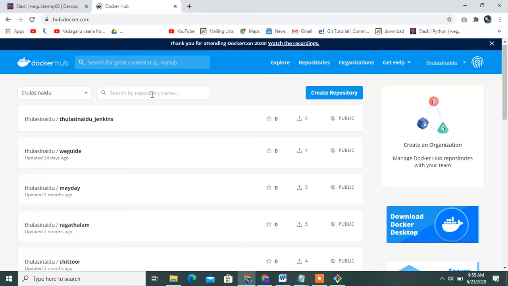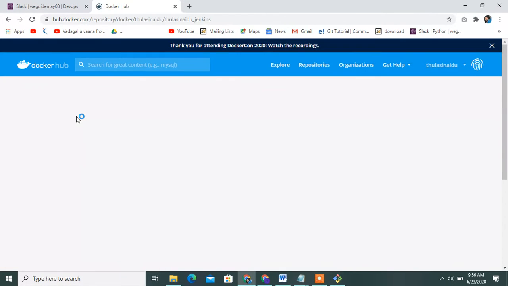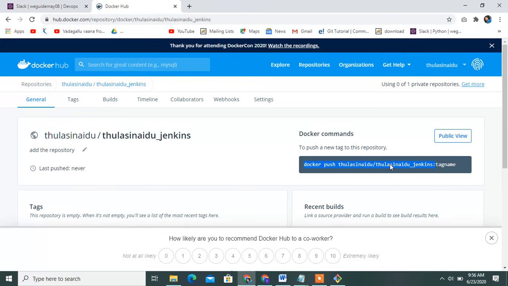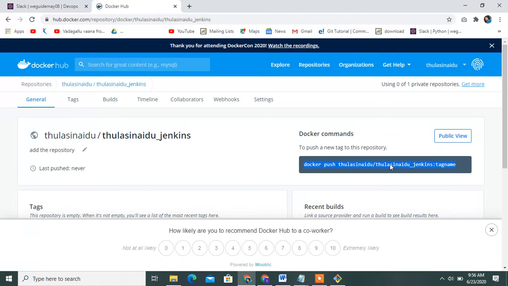See this. I have already installed Jenkins. This is Jenkins. Push the new tag in the repository URL. Use this URL on your system and pull it, then run the Jenkins server.